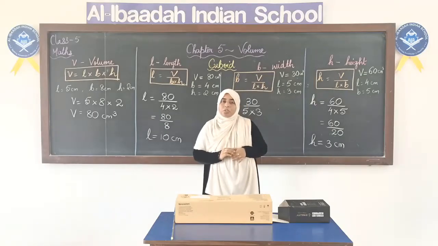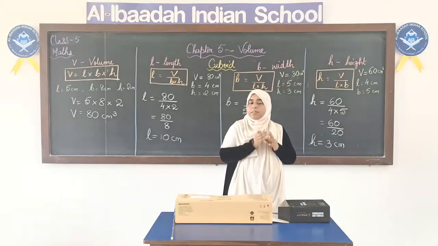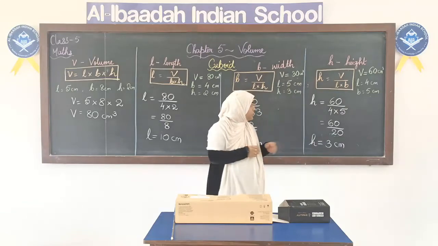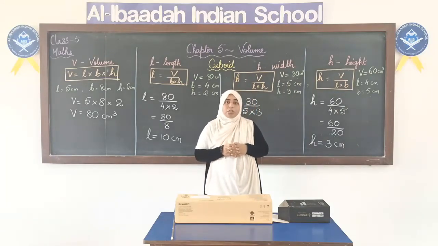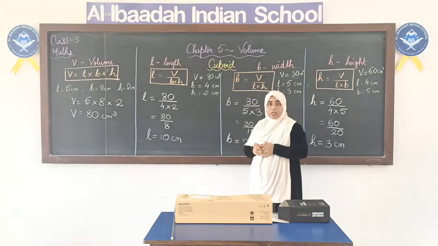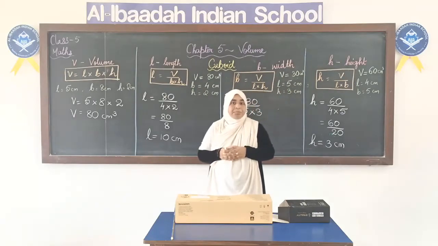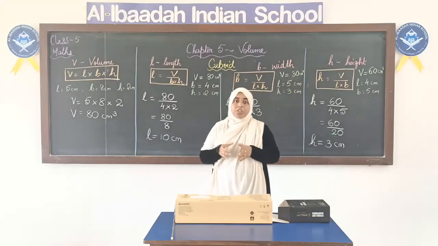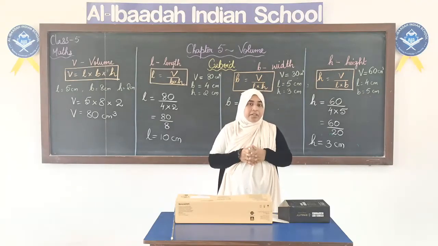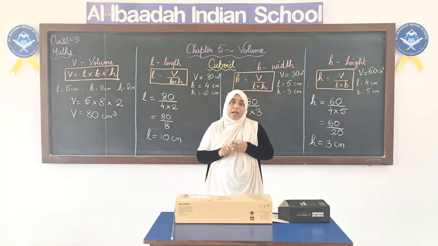I hope you have understood. It's very simple. Once you know the formulas for volume, length, width and height, calculating the values is very simple. Just you have to learn the formulas. Now quickly we will recall all that we have discussed today. We started with cuboid. What do we mean by a cuboid? Cuboid is a 3D shape, a solid shape which has 6 faces. A 3-dimensional figure means it will have length, width and height.